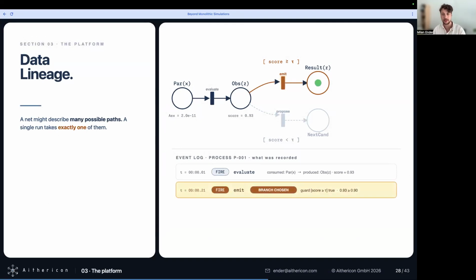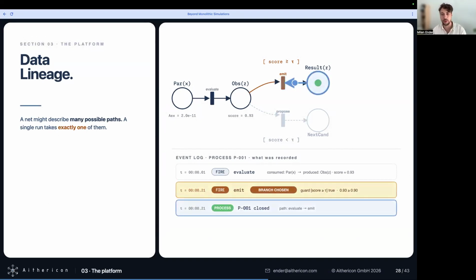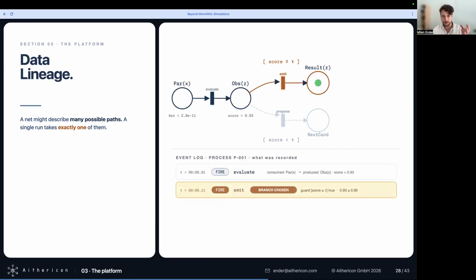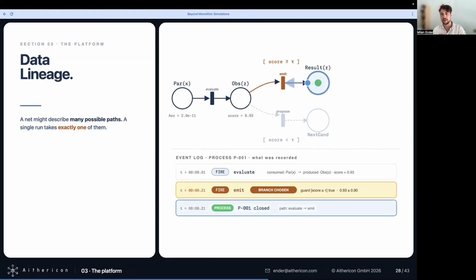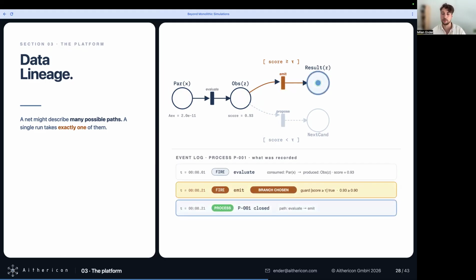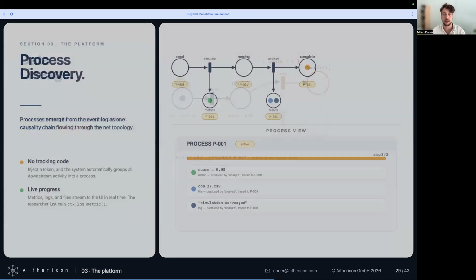So just to visualize this a bit more, here we can see, for example, how this combination unfolds. We have some initial net state, then we have the transitions that fire, we have one branch that our token takes, our workflow takes, and our event log records all of these transitions. So we are able to backtrace where this token came from, which branches it took through our net topology.